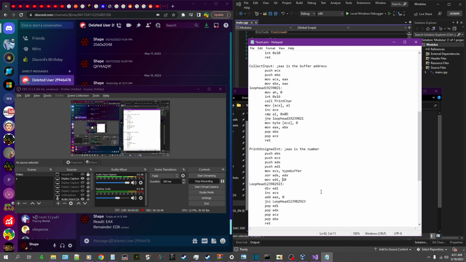And if it doesn't, it will know, because it won't work. Okay, so divide EDI, and at that point that will put the result in EAX and the remainder in EDX. So like we did with the modulus in C++, what we're going to do is